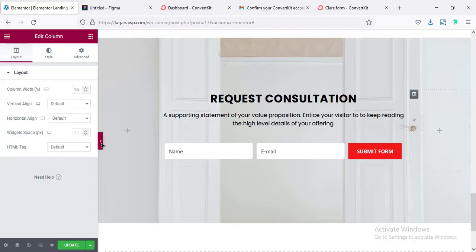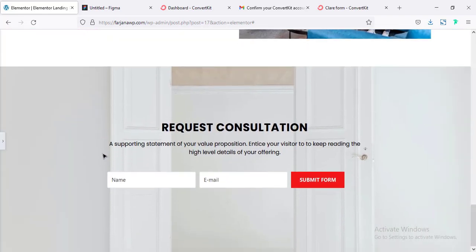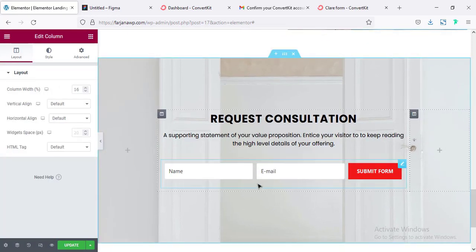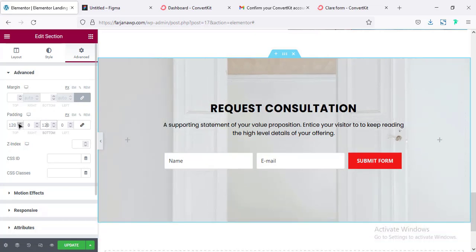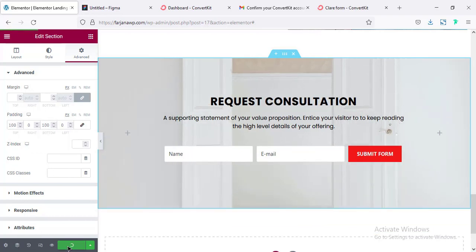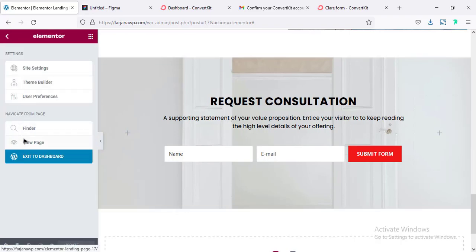And now if I check the full screen, it's looking like this. And here I think we can make it center aligned. So for that we need to add some custom CSS, and for this section we can also decrease the spacing in top and bottom. So going to edit section, from advanced tab I'm making it 120, or I'm making it 100 pixel. And now I'm saving this page, going to view page,